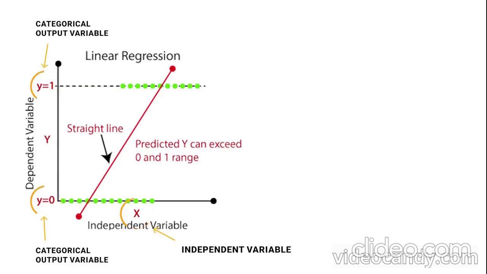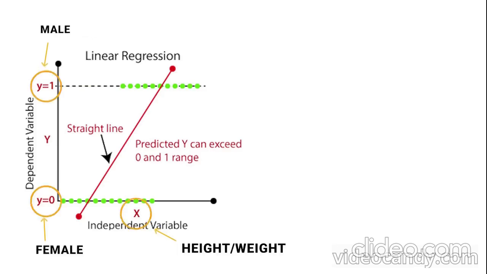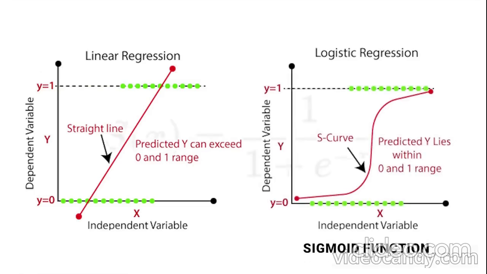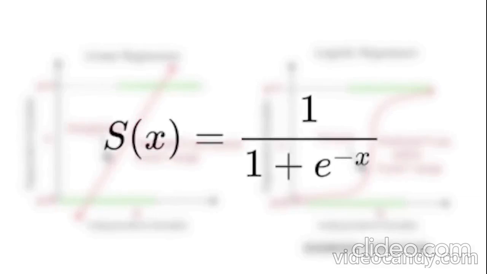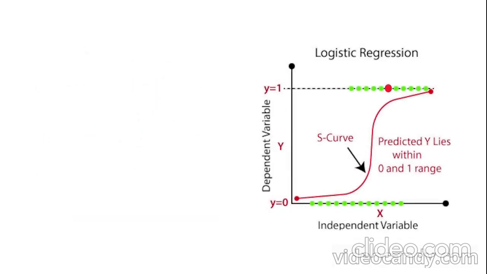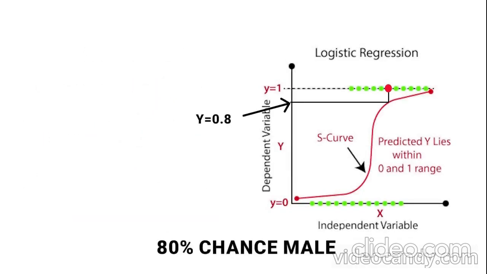Let's look at an example. We now want to predict one of two classes, for example, the gender of a person based on height and weight. So a linear regression wouldn't make much sense anymore. Instead of fitting a line to the data, we now fit a so-called sigmoid function to the data, which looks like this. The equation will now not tell us about a linear relationship between two variables, but will conveniently tell us the probability of a data point falling into a certain class given the value of the input variable. So for example, the likelihood of an adult person with a height of 180 centimeters being a man would be 80%. This is completely